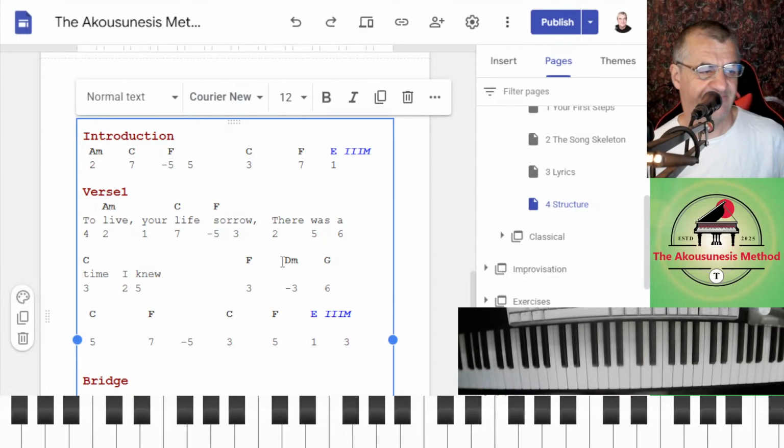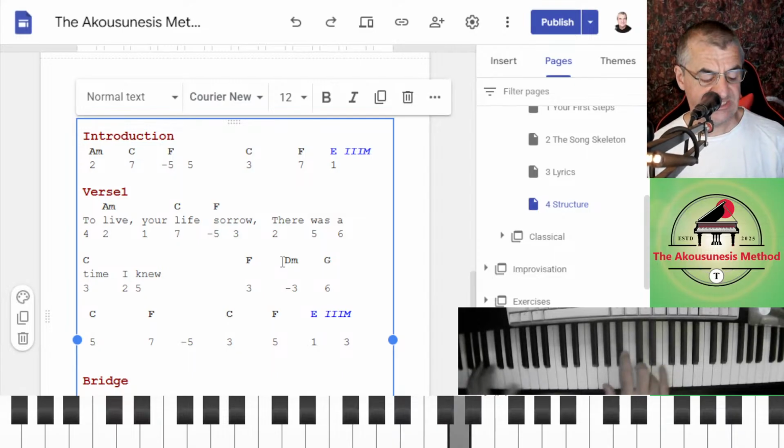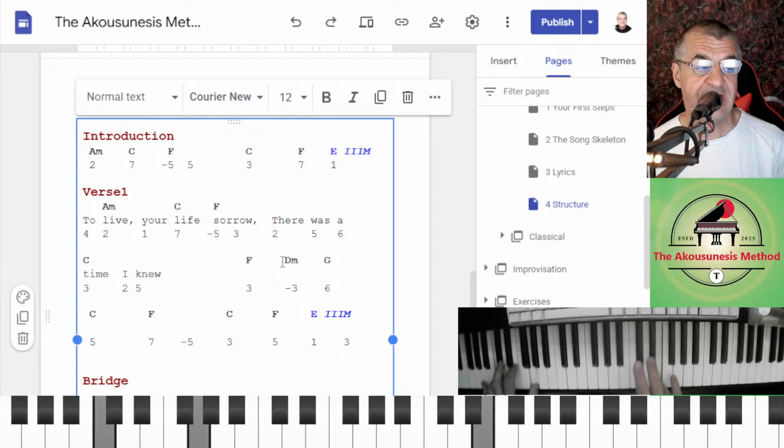Oh, the same note. To live your life, sorrow. There. Oh no, that's the wrong note. There was. Put it a bit high frequency. There was a time I knew. That's nice.